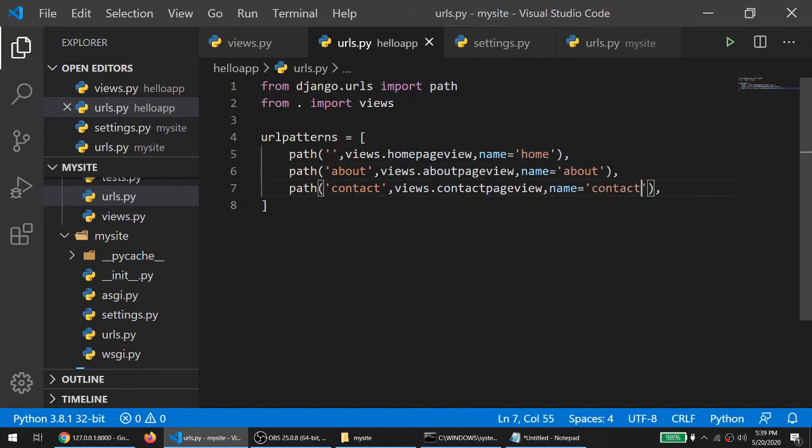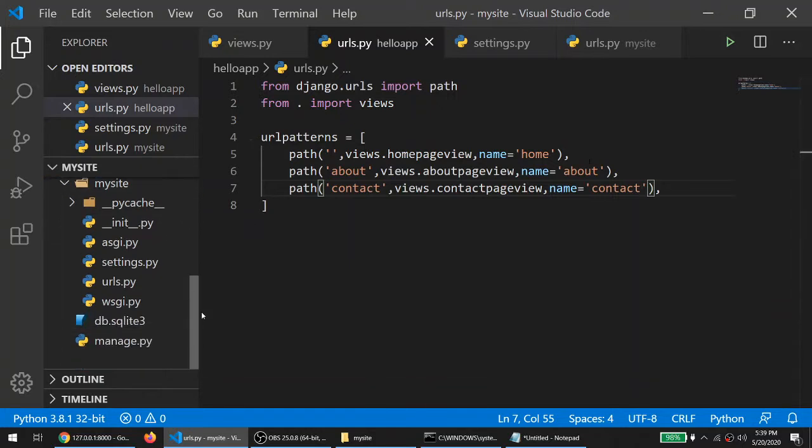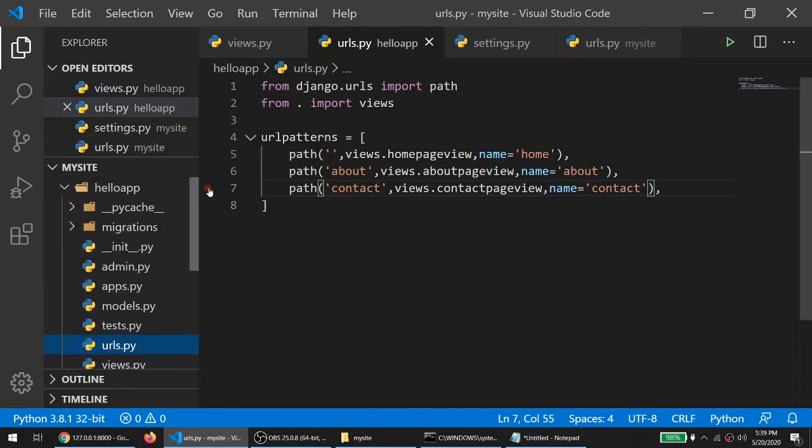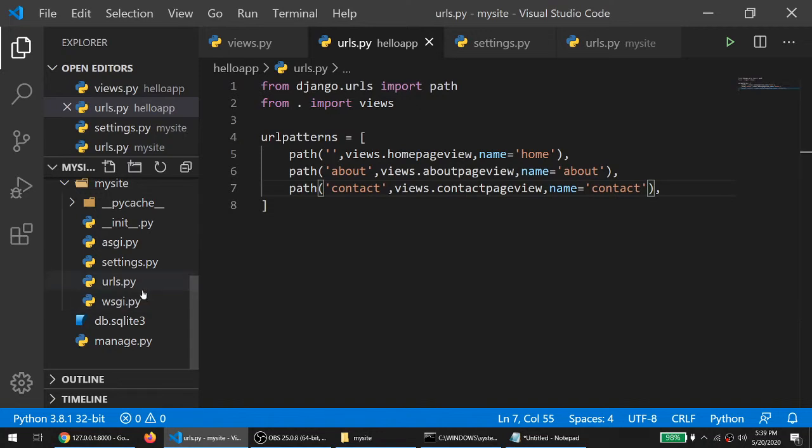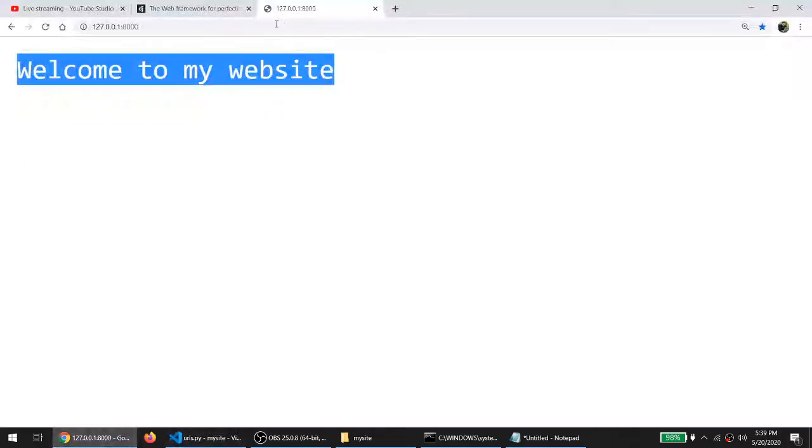It's done. Nothing else we have to do in our project, because we already specified the application in settings.py and the URLs in urls.py. So these are steps we only have to follow one time.